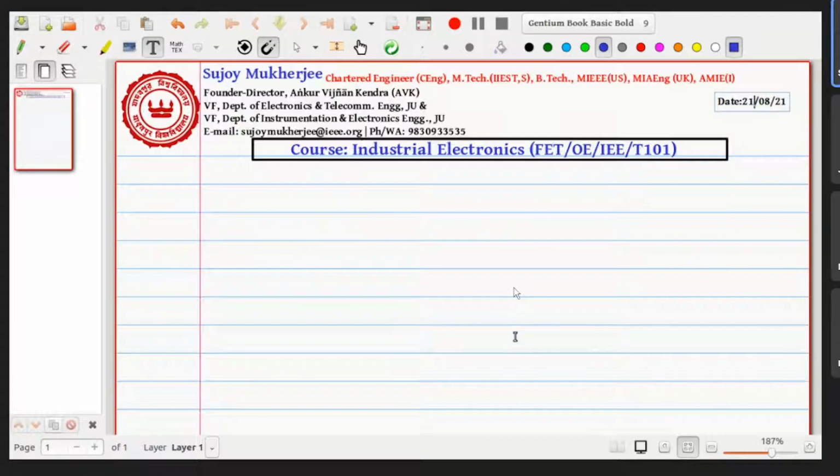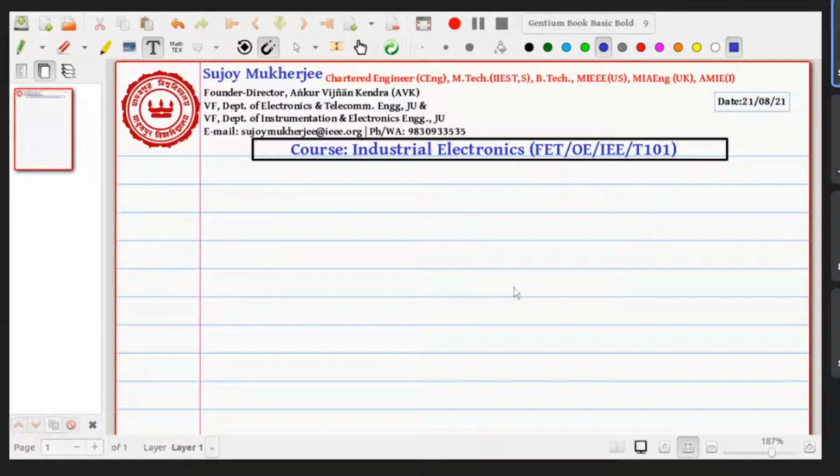If you remember, in the last class I was referring to the concept that when we talk about the class of semiconductor devices, we refer to the term transistor. We may be talking about the bipolar junction transistor, the field effect transistor, or the metal oxide semiconductor field effect transistor. As a broad classification, they are all included in the family of transistors.